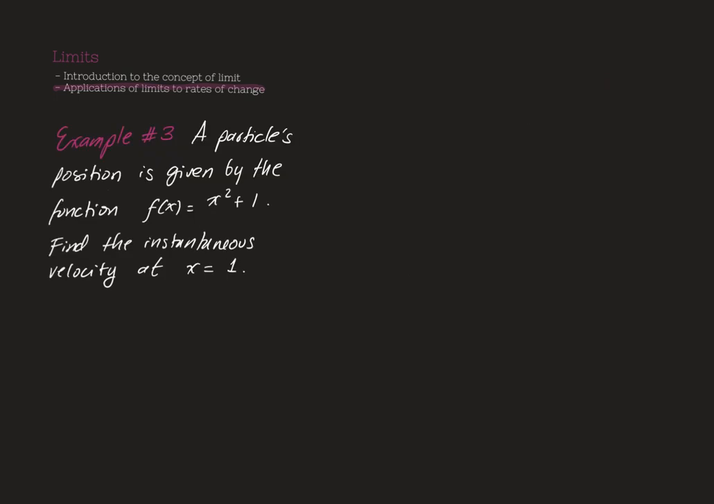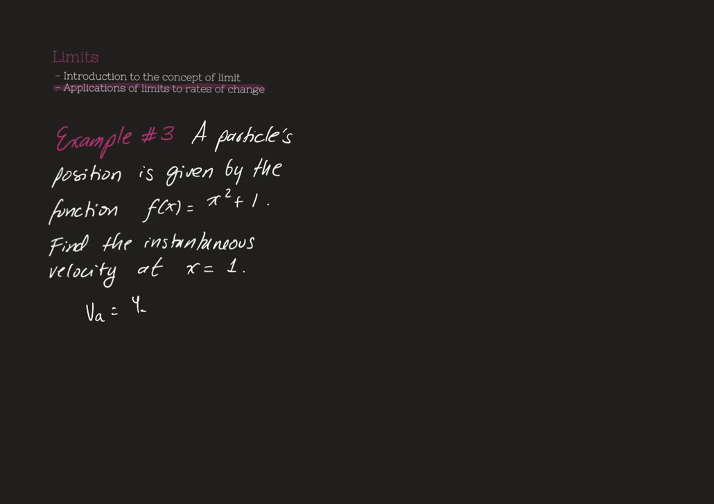Our next example is a particle's position is given by the function f of x equals x squared plus 1. Find the instantaneous velocity at x equals 1. So we said that the key to find the instantaneous velocity would be to find the average velocity. So let's do that. We're going to define the instantaneous velocity